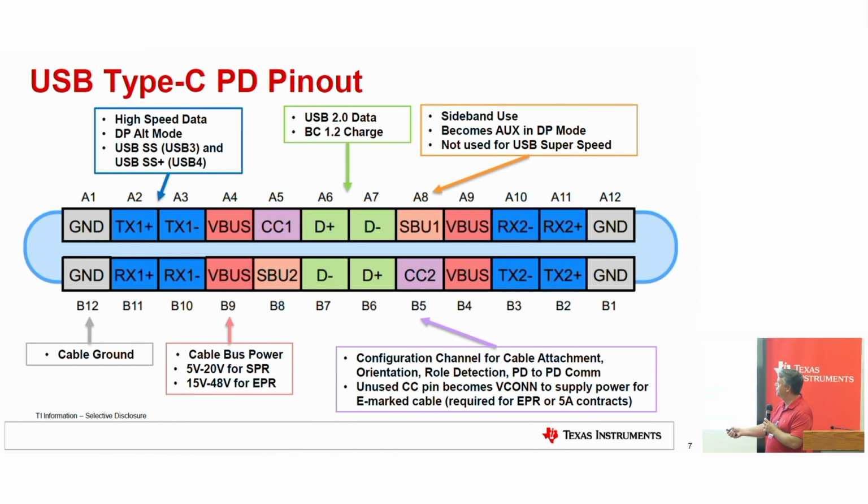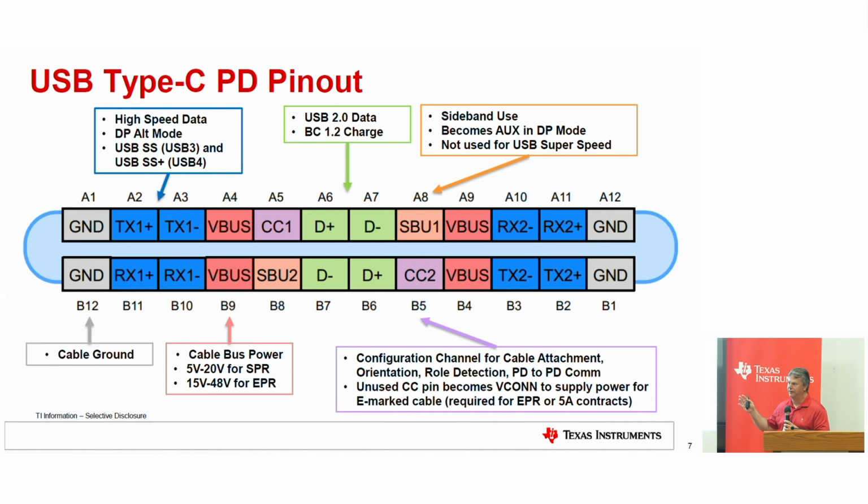So you have 4 pins for V-bus, and that's important for when we talk about higher current up to 5 amps, and being able to put the voltage through. But the CC pins are very important for negotiating the voltage and the current level. On the USB Type-C spec, 5 volt up to 3 amps, the current level is dictated by a pull-up resistor on the host side for how much current it's going to deliver. So you can either do legacy 500, 900 milliamp, 1.5 amp, or 3 amp.